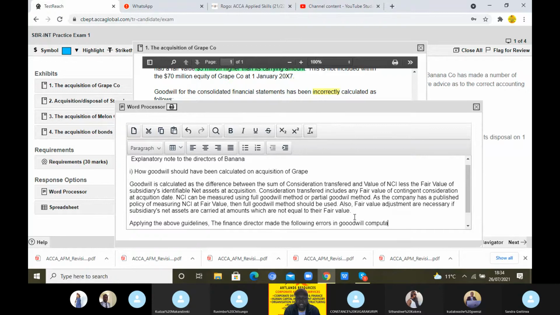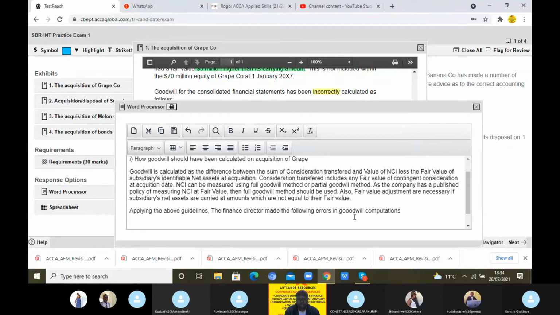Don't worry, we don't penalize you for mistakes. So you may say, is your spelling for Goodwill right? No, don't worry about that. So these are the errors that were made in the Goodwill computation. So you can say error A, or you can number your items with dots. It is still fine. You can say fair value of contingent consideration,